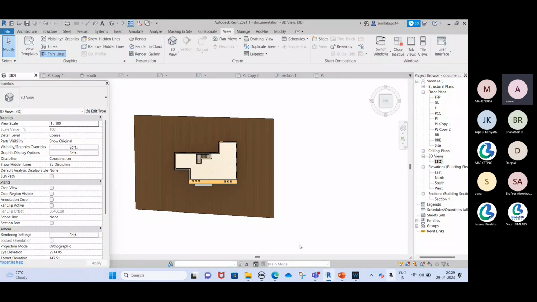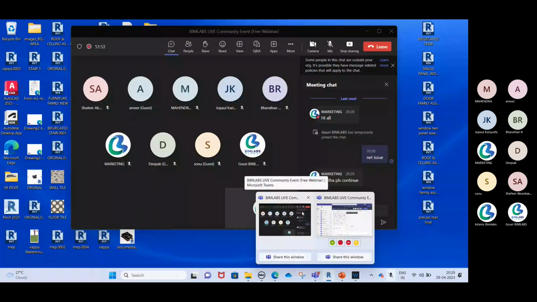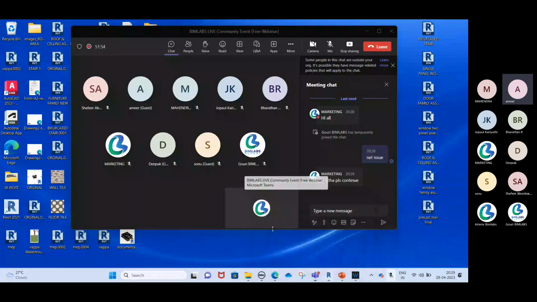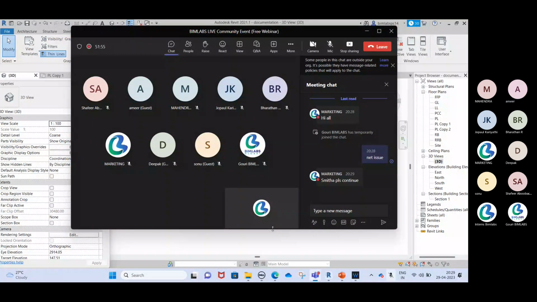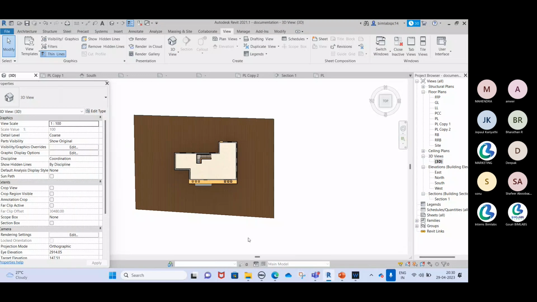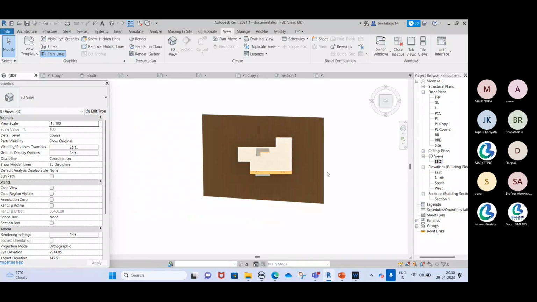Now I started it. Hello, am I audible now? Yes. Okay, coming back to the session. Creating 3D views. Now I'm on my 3D plan. We have an option in properties called section box. If I click on that,